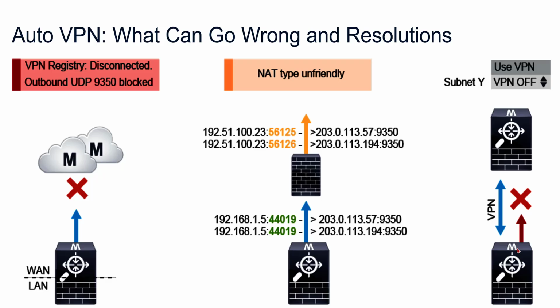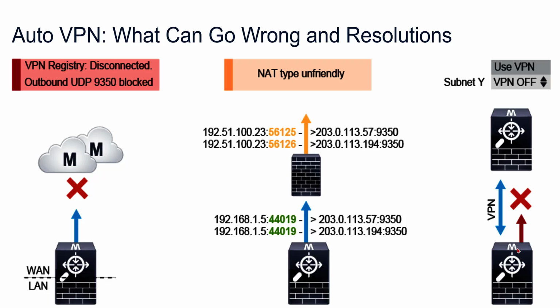All right, our final slide, I kind of call this the money slide, if you will, right? This is our entire AutoVPN troubleshooting framework in 3 different failure domains. Everything you see here falls into one of 3 buckets. A registry failure, which means our control plane is broken, disconnected registry, UDP 9350 is blocked,